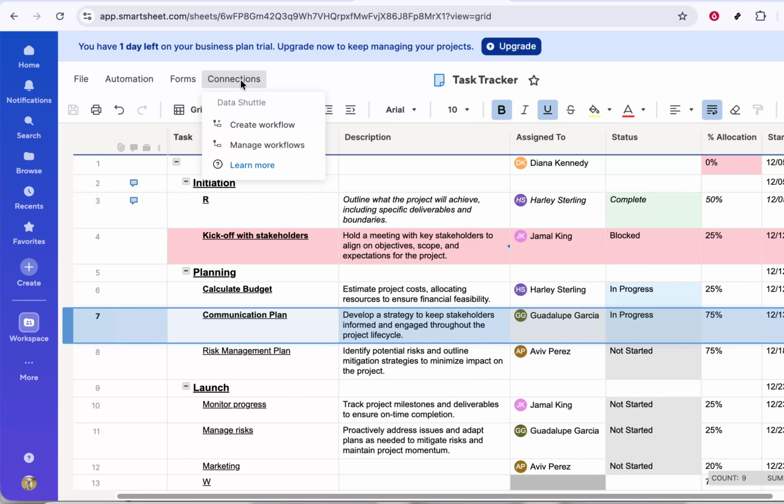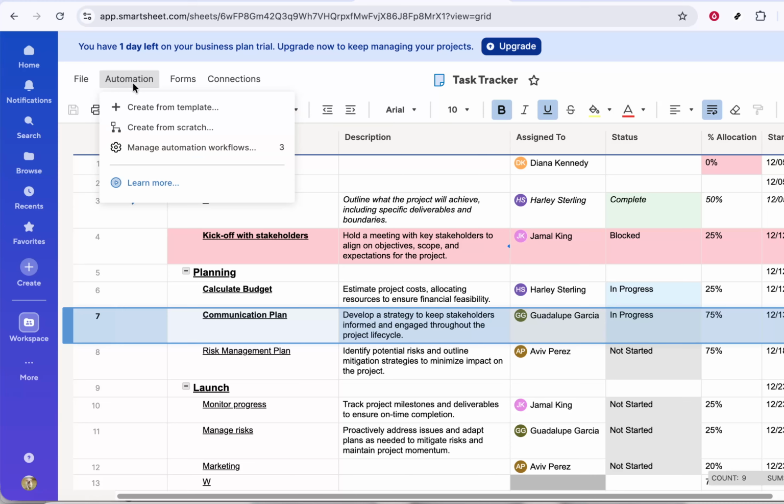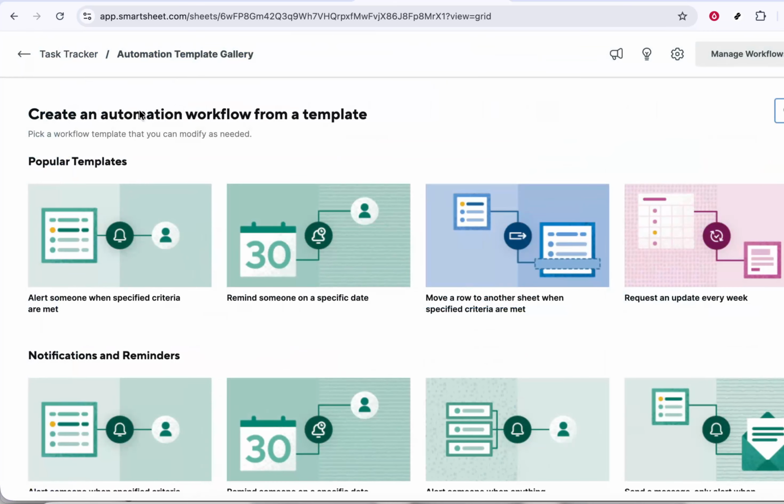Once the automation panel is open, look for an option that says Create from Template. Click on that. Using a template is the easiest way to get started because Smartsheet provides pre-built workflows that already have the basic logic set up. You can always customize them later, but starting with a template saves time and reduces the chance of missing an